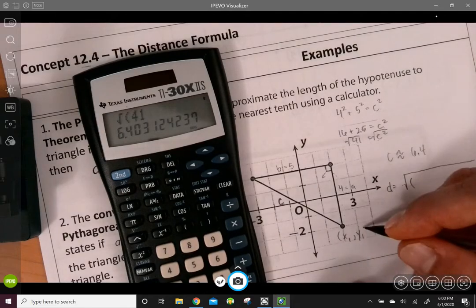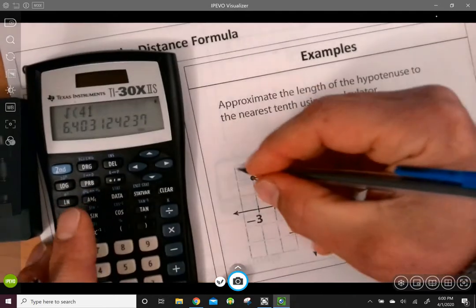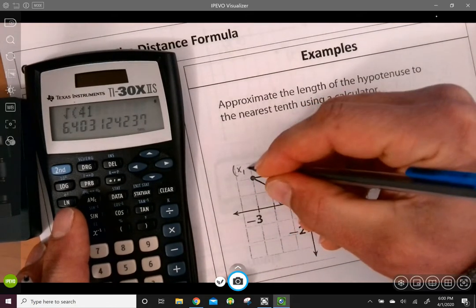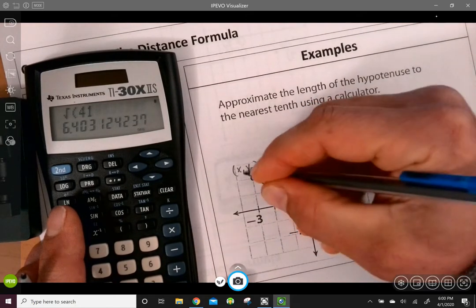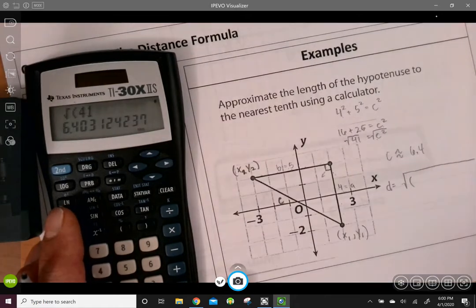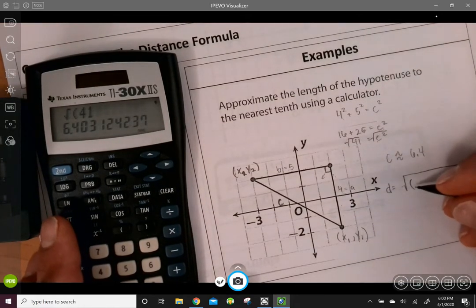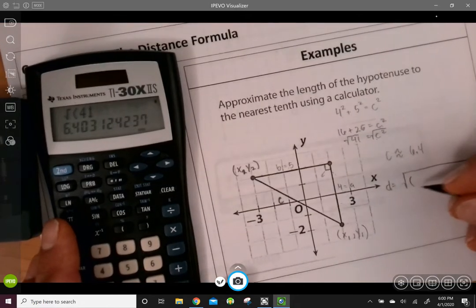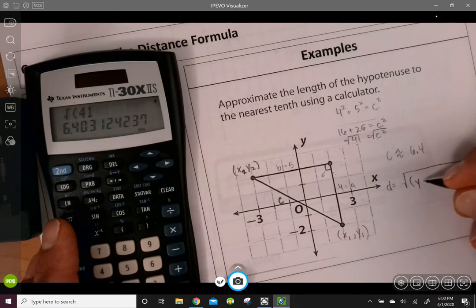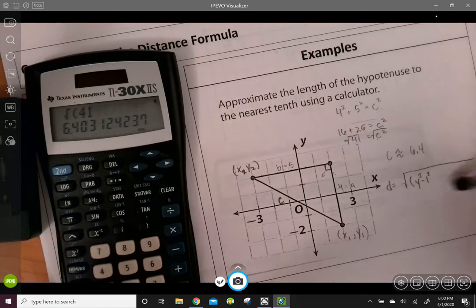My mistake, I apologize. And then this point over here would be x2 and y2. Okay, the distance formula tells us that if we find the difference between y sub 2 and y sub 1,